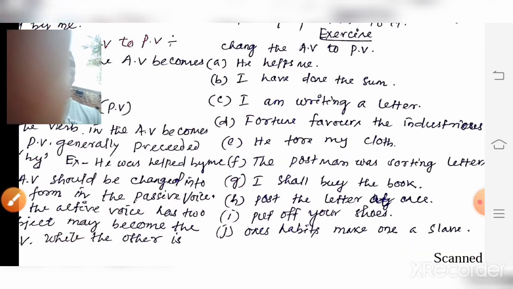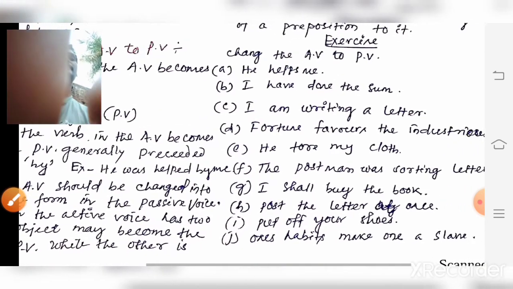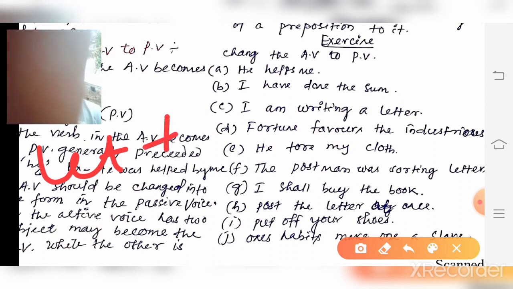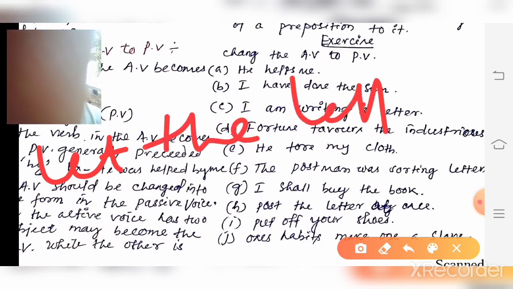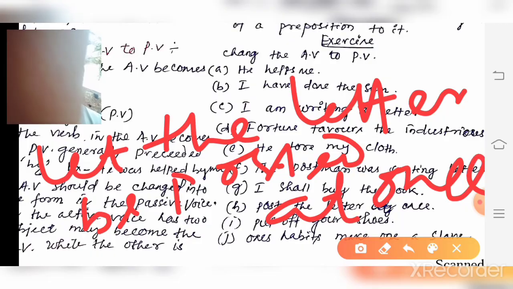Then another sentence, post the letter at once. The sentence is in imperative mood, so we can use let. First we can write let the letter be posted at once. Then another example,